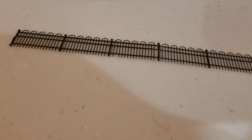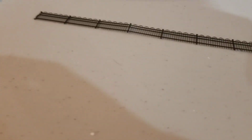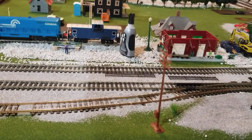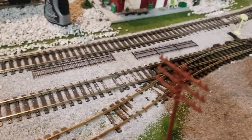So I built this hairpin fence. I got it for about $8 at Hobbytown. This is the length. So I have to put this fence on the layout right here where that line is where I'm going to put the fence, and I have two little pieces here